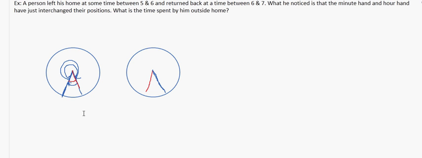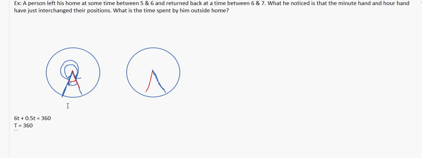So in the time where he was outside, the minute hand, which travels 6 degrees per minute, would travel 6t, right, if he is outside for t minutes, and the hour hand would travel 0.5 into t, and this is equivalent to 360, right? I hope that you got the concept. In t minutes, what is traveled by the hour hand is 0.5t, what is traveled by the minute hand is 6t, and their sum, as we can see from the diagram, is 360 degrees, which means t is equal to